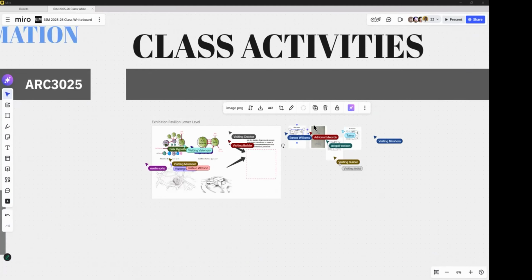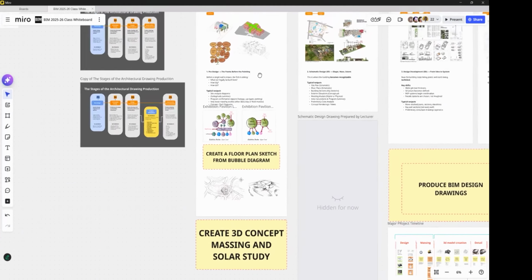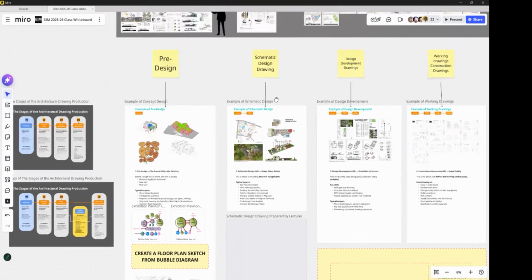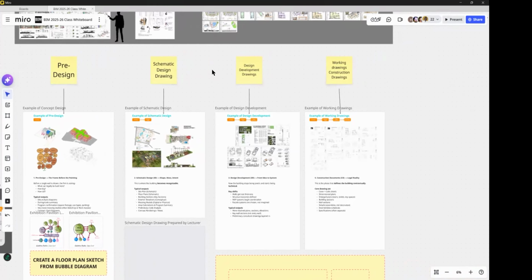Because here's the idea, guys. I do the preliminary design. I say, help me with the preliminary design. Then I'm gonna do the schematic drawings. And then you guys are gonna do the design drawing, right? So that is how we're gonna be working together through these phases. Some of them you're gonna do, and some of them I'm gonna do, right?